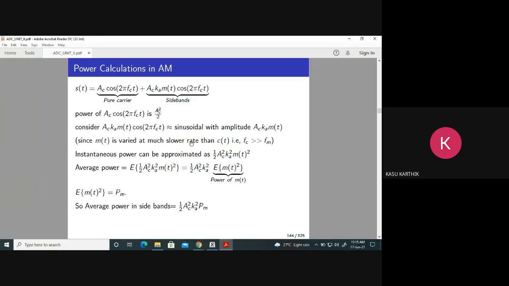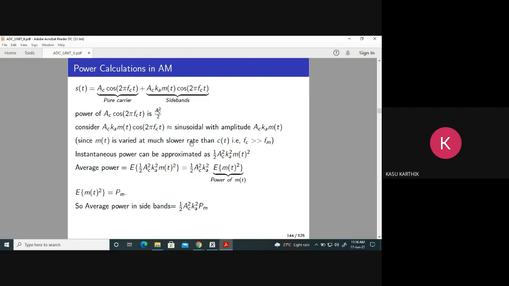But remember, there is always a trade-off. Nobody can say that this is the best technique. Some applications require a certain type of modulation technique. Certain modulation techniques are suited for certain applications. We cannot generally say this is the best technique, this is the bad technique. No, you cannot do such division. It always depends upon applications. For some application, this will be good. For some other applications, some other technique will be good. It's always a trade-off.